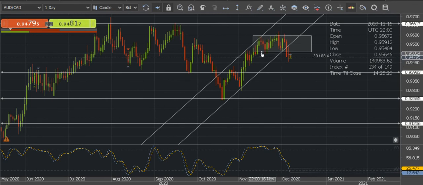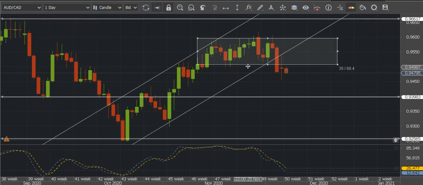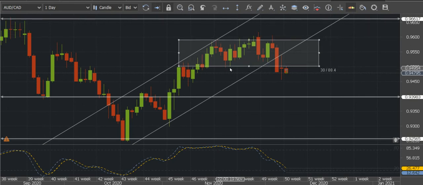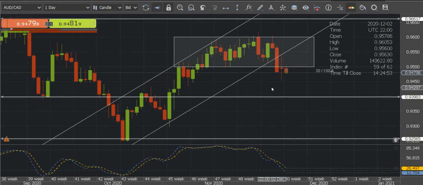Then what I did, I drew this triangle. I will show you in detail. See, it's a very detailed triangle. Once it broke this level, you can see, it was moving in a range, this range. It was clearly ranging. So once it broke, I thought, yeah, now the trend line also broke, and my rectangular support also broke. So I thought it was forming a downtrend here.